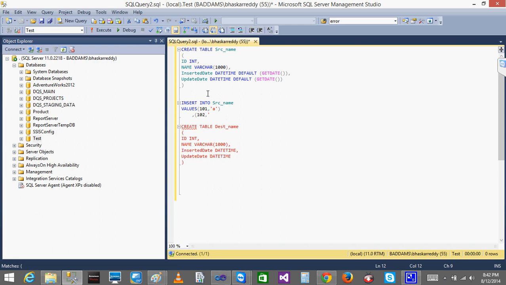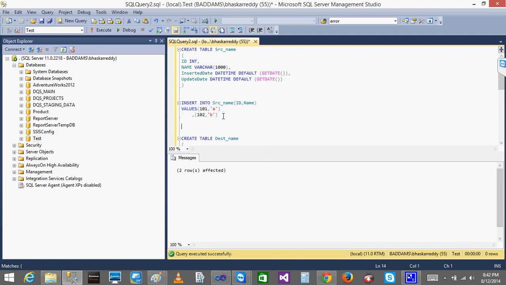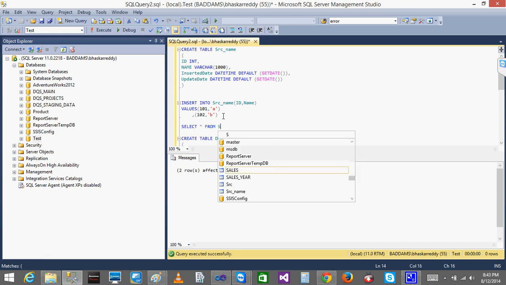Next I'll give b. So I'll insert two values now. Error: column or supplied value does not match. Oh, give it here ID comma name. Done. Now when I insert, automatically the records will be inserted. So what I'll be doing now: select star from SRC.